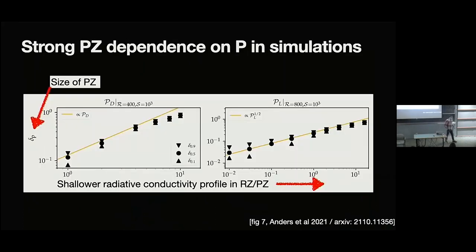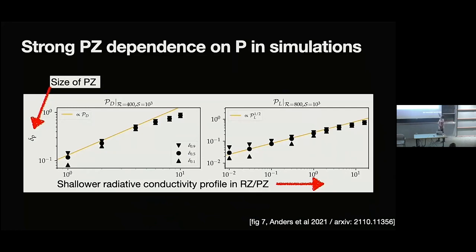And yeah, here's basically the proof of that concept. Each of these sets of 3 points is one simulation. The thing we're changing in these simulations is that as we move to the right on each of these plots, the conductivity profile gets shallower in the radiation zone or penetration zone. And the y-axis is the size of that penetrative layer. And so indeed, shallower profile, less negative convective flux,